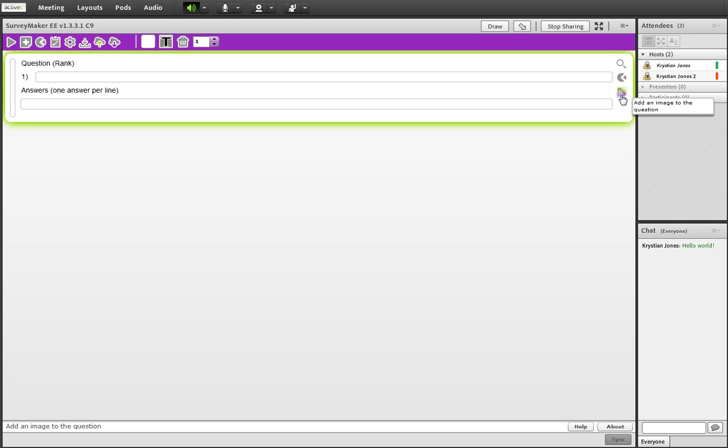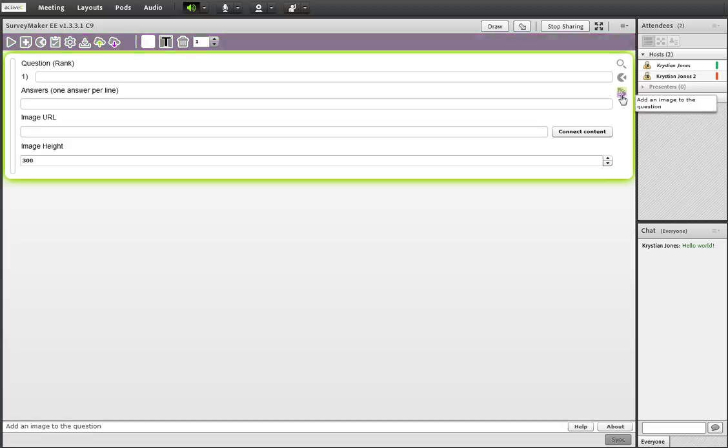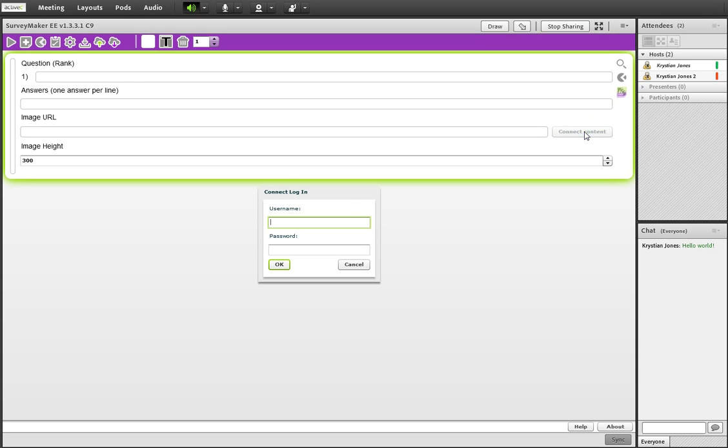feature. This button over here on the right hand side is to add an image to our question. Now, much in the same way as sticky note pages already allows you to add images, we've ported that functionality through, and we can now add images by URL or from our Connect library. So I'll click on this button on the right hand side, and I have to log into my Adobe Connect system. So make sure that you don't use your ActiveC Cloud account to log in here. You'll need your credentials for your Adobe Connect system,